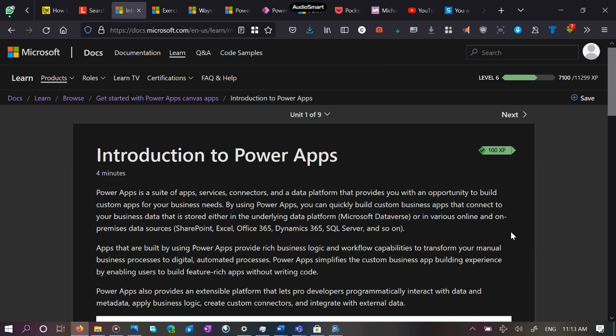Basically, what it's saying here is if you have a business, right, and your business might store its data in different places, right? Power Apps are able to work with data that's either stored online on some cloud somewhere, usually a Microsoft one, in this case, Microsoft Dataverse, or on stuff that's stored on premises. Because when you start working in the industry, you'll realize, especially if you're in the IT field side of things, like proper IT and not software development or computer science sometimes, but you find that there too.